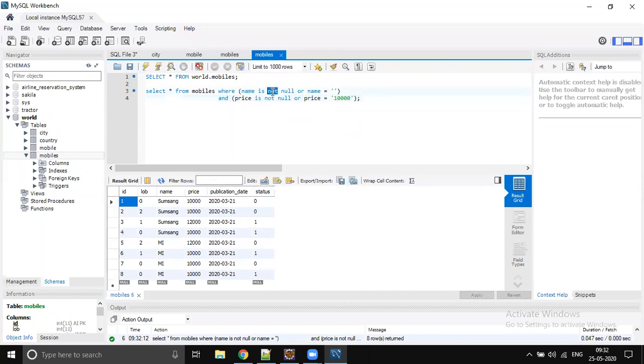Name is null. Okay, yeah, got it. If the query value is not populated, then you should do it like this.